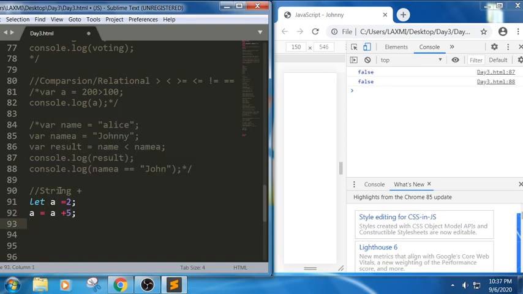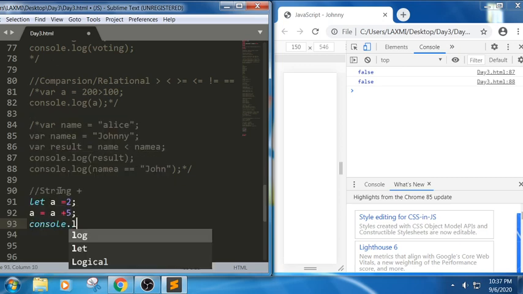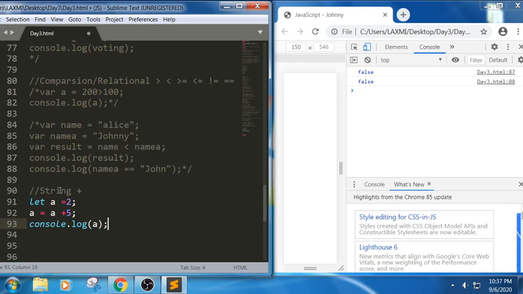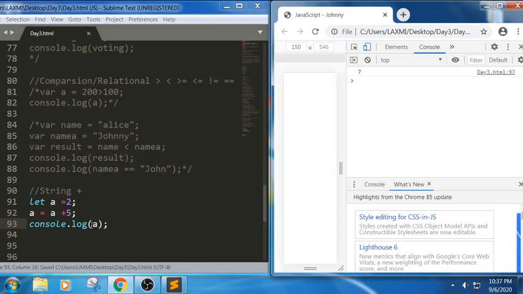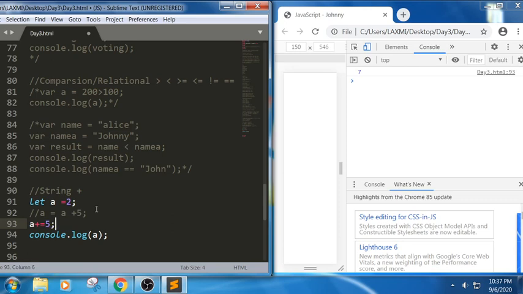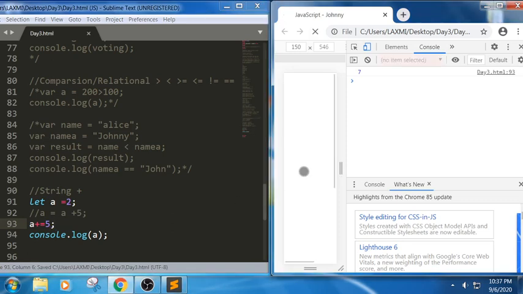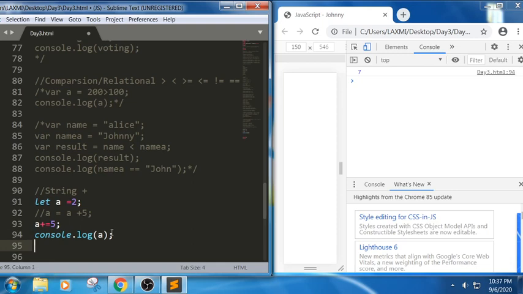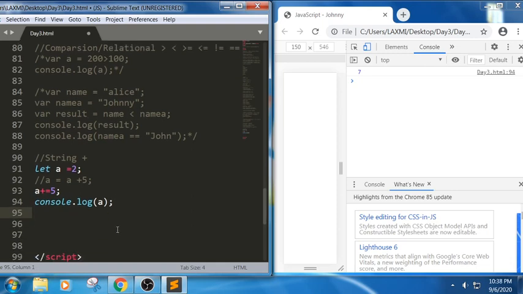Instead of writing it in this way, we can also put the same thing in shorthand notation: a plus equals 5, which is indirectly equal to this. See here, it returns 7. We can write the same statement in this way, so we call this plus equals a shorthand operator.